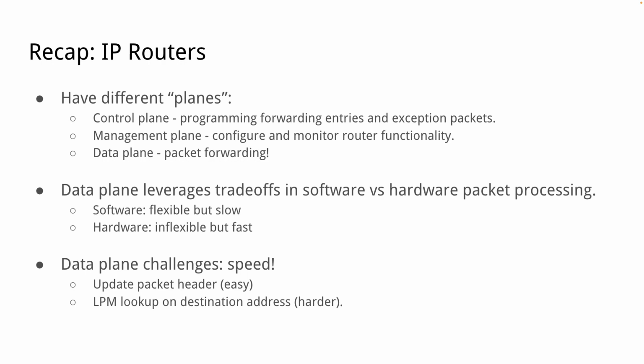Where we can use hardware, we can live with the inflexibility, but we get the speed. Then we use that hardware. We have dedicated forwarding chips that are doing that. But where we need flexibility, we end up with software, but we have to deal with the fact that it's slower. And the main data plane challenge is this speed. We want to scale to those systems that are 230 terabits per second, and next year will be 400 terabits per second, or in a few years will be 400 terabits per second. We want to deal with that, so we need to be really